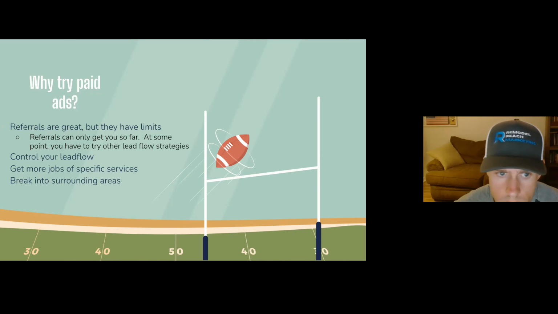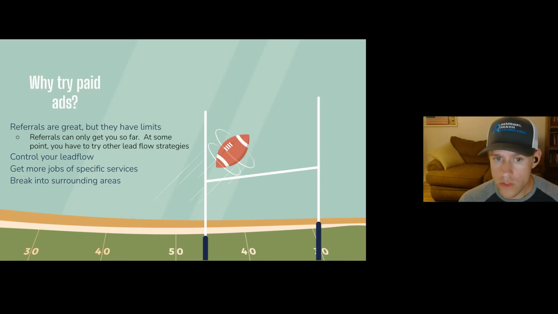So paid ads can allow you to somewhat control your lead flow and get more jobs of specific services. For example, we just had a client that is trying to sell more of their cabinets. So we started an advertising campaign specifically for cabinets, cabinet design, cabinet designers, cabinet installers, all those different words, right? We started a campaign specifically for that service. If you're just relying on referrals, you never really know what you're going to get.